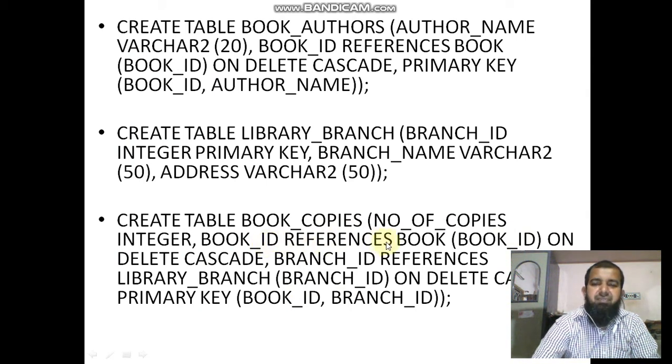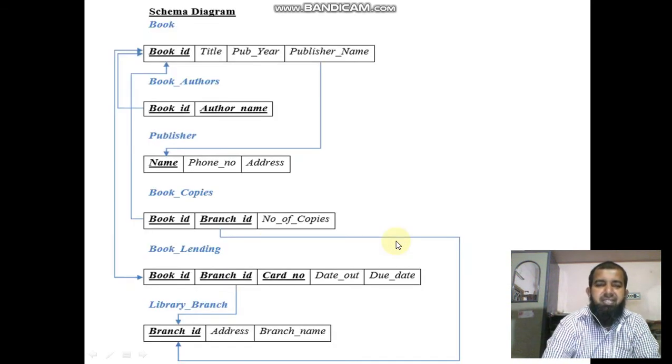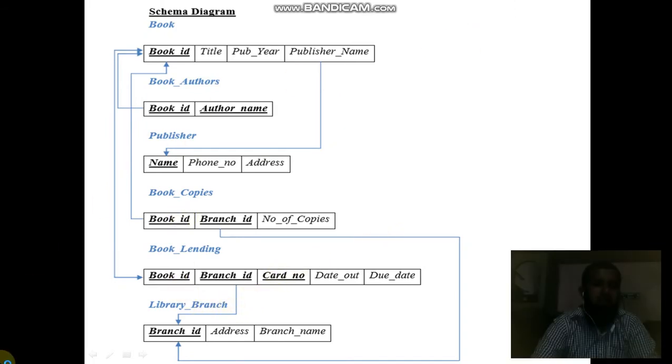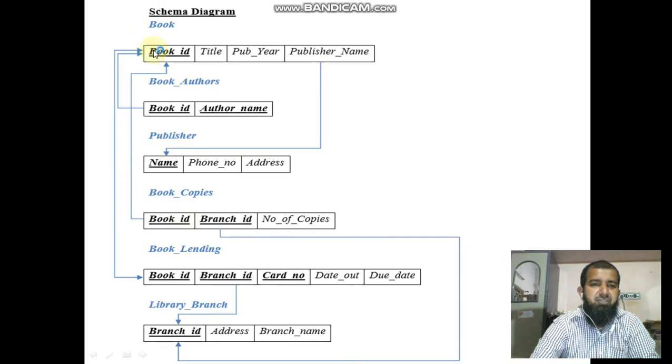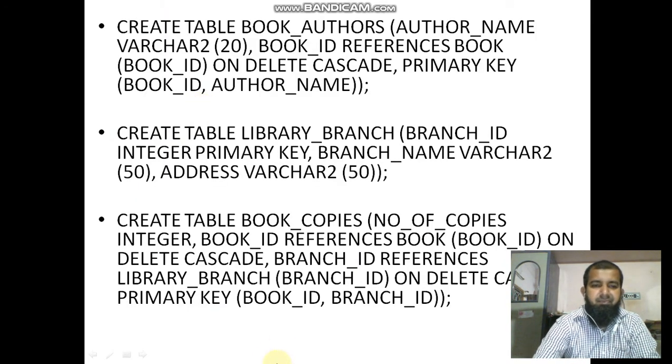Book ID is a reference to book ID of the book table, on delete cascade, so if you delete any record in one table, it is automatically deleted in the other table also.